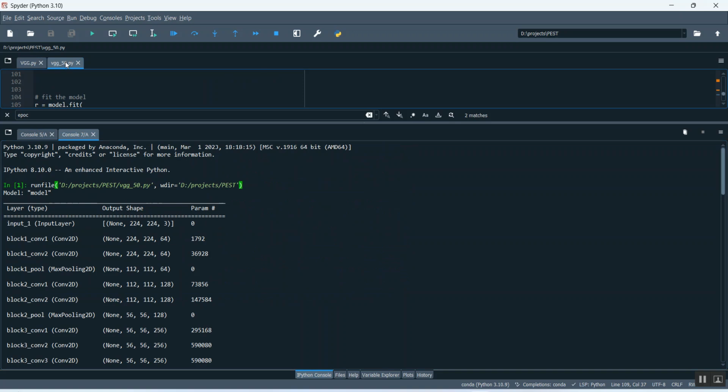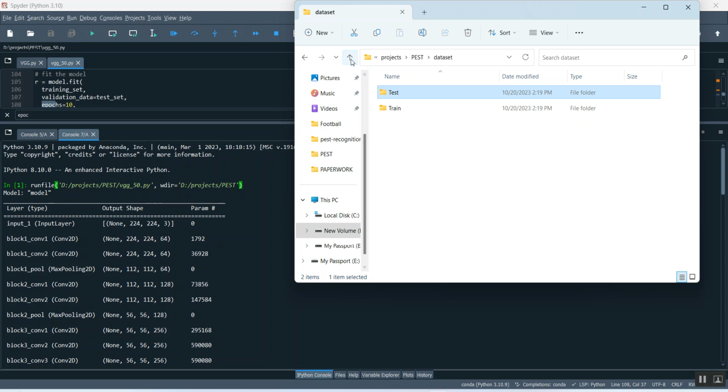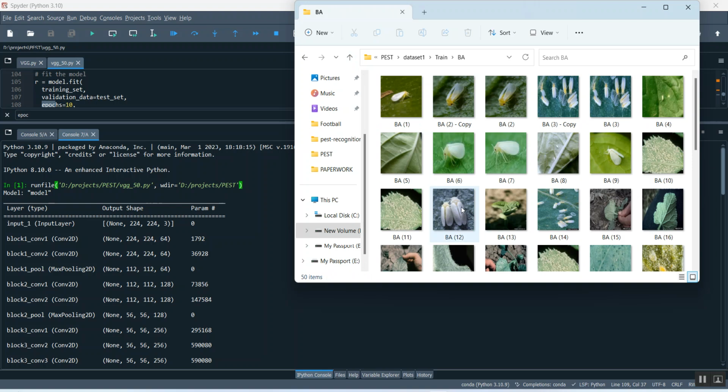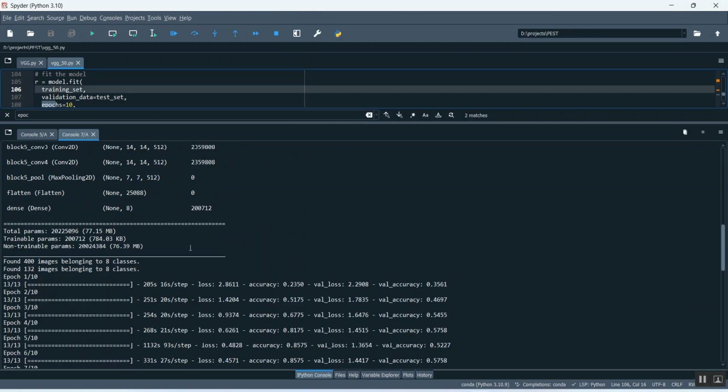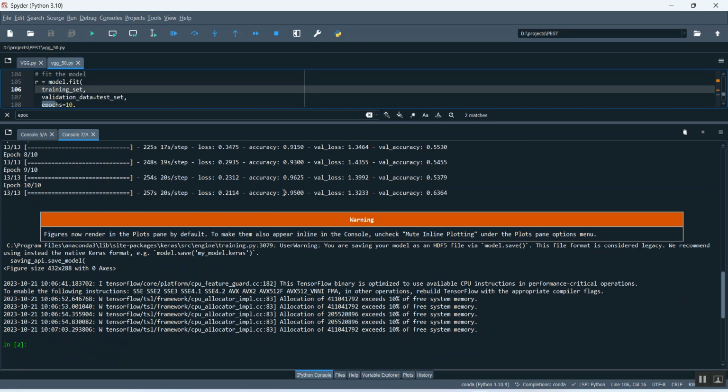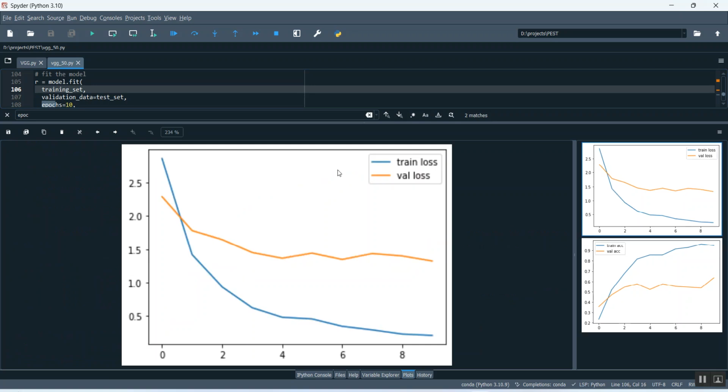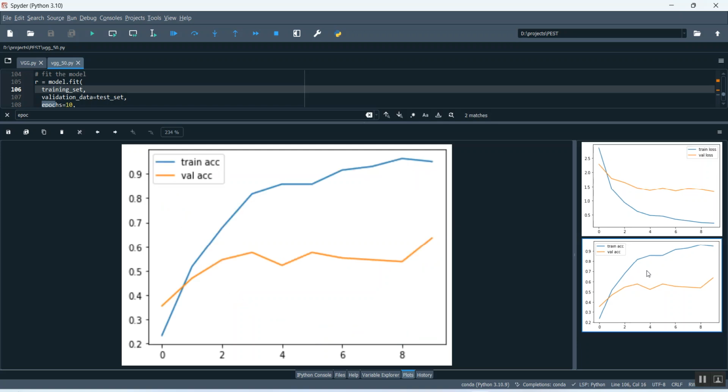So I planned to create VGG 50% with 50% of the data set, with the name Data Set 1. I reduced the data set size to only 50 images for each class and started the training. Even for this, I am getting nearly 95 percent accuracy. You can see here the training loss is reducing, and at the same time the training accuracy and validation accuracy are also reaching above 95%.